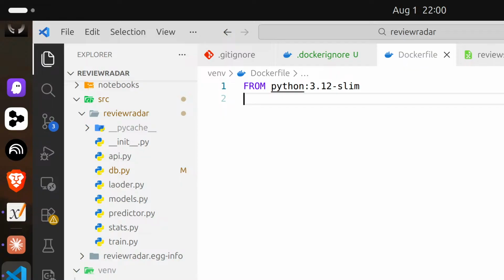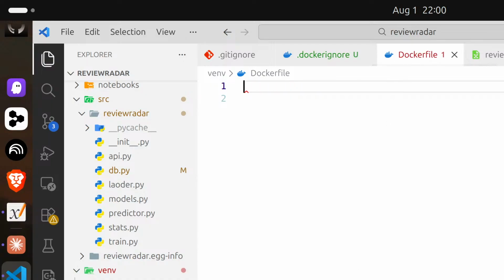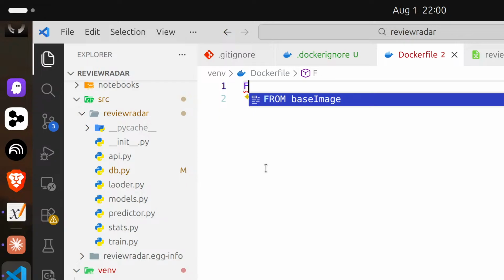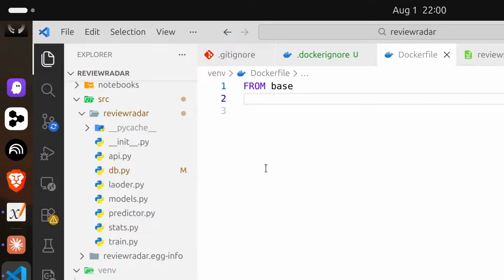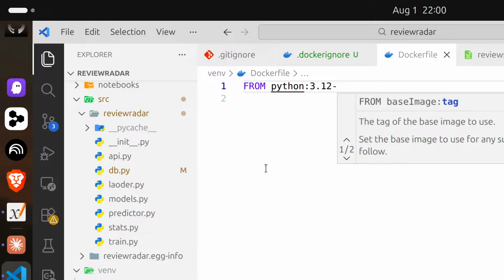Alright, so this is one of the most important lines. Without this FROM statement, FROM keyword, Docker will not know where to start. So if I run this, it says no source image provided with FROM, right? So this is giving me a problem. As long as I do this, and let's say base image only, the problem is gone, right? But I have to give this because I am starting with slim, right,